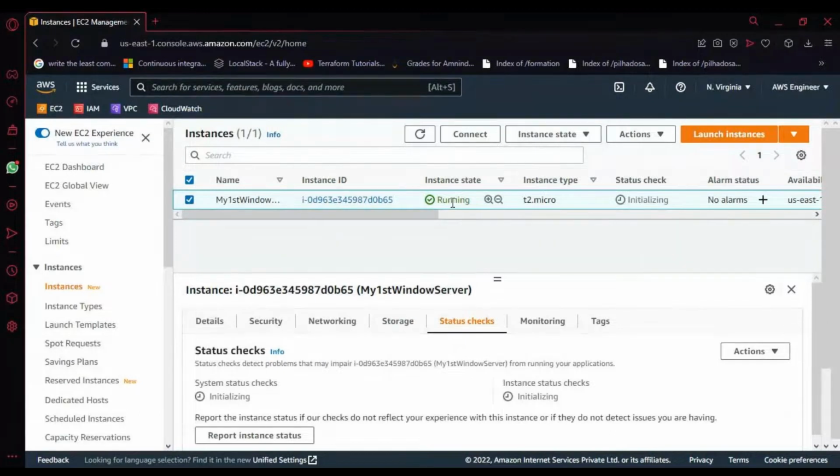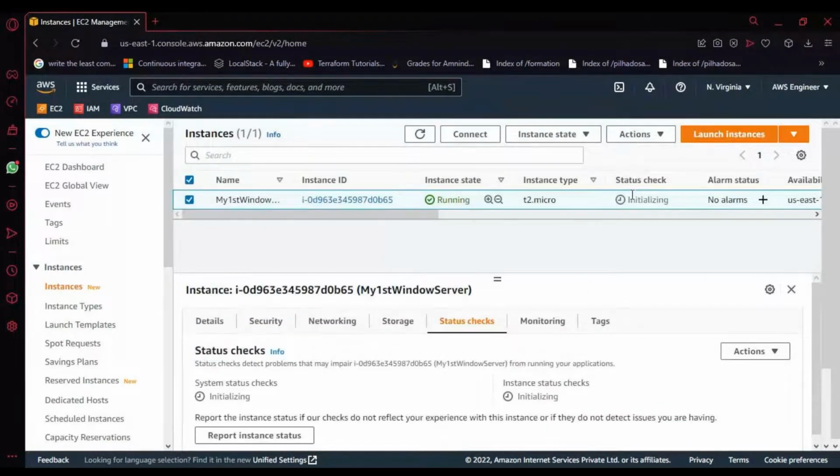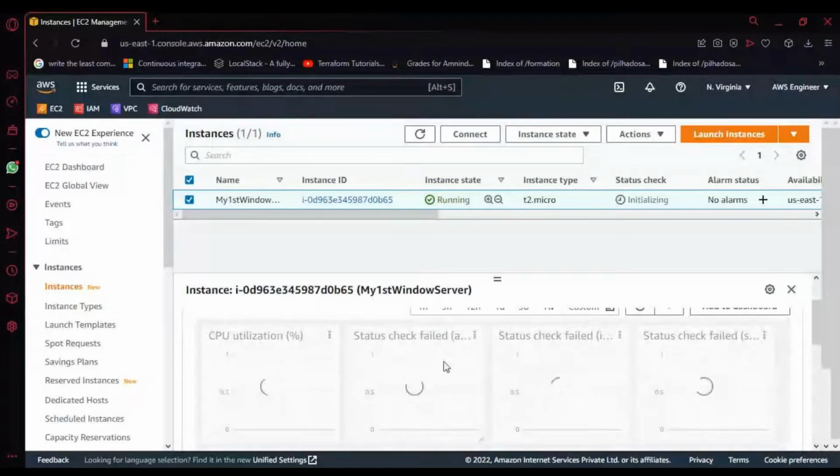Right now, the state has changed from initializing to running. Still it is initializing the check. Once it is complete here, then we will know that our machine is initialized properly. There will be two checks: one is the system status check and the other is the instance status check. Right now, both are pending. For monitoring, we can also monitor our resource from the outside,